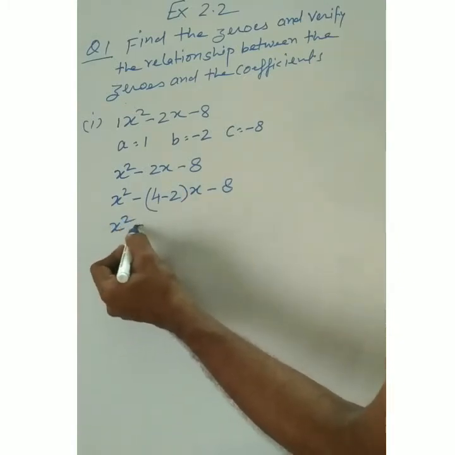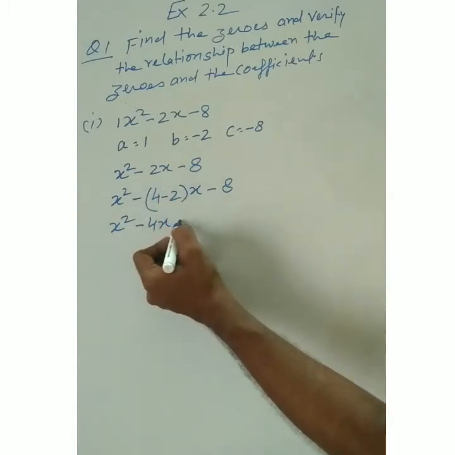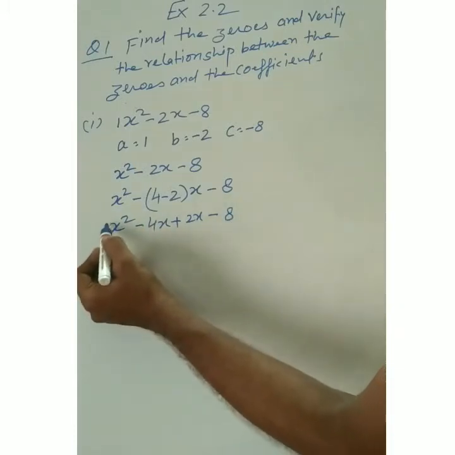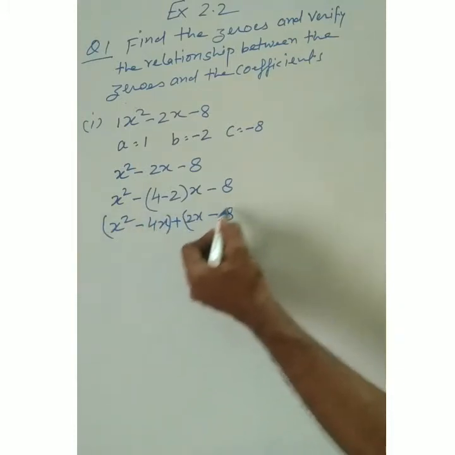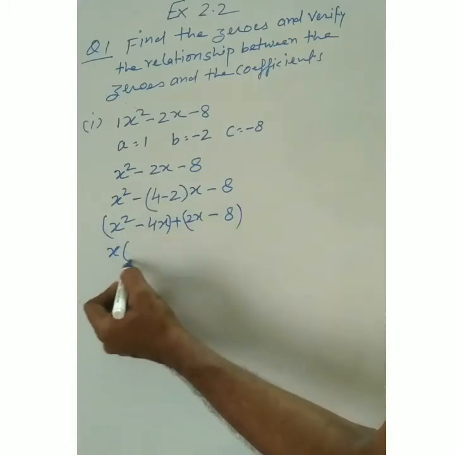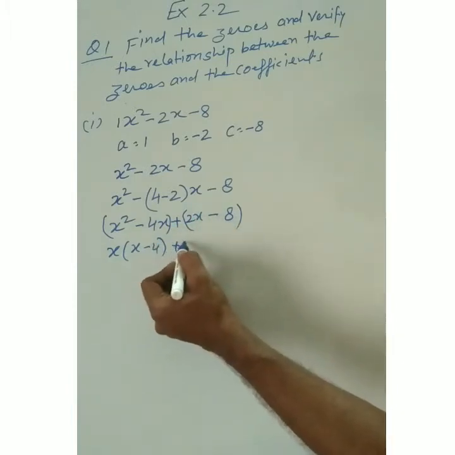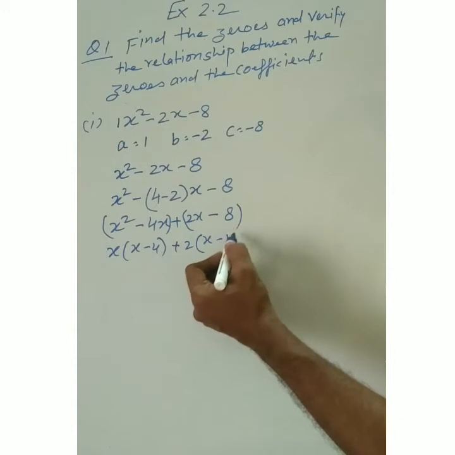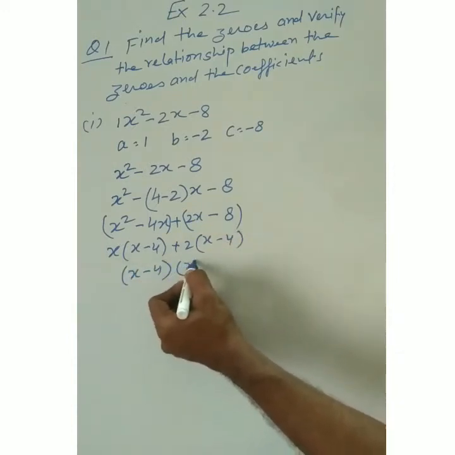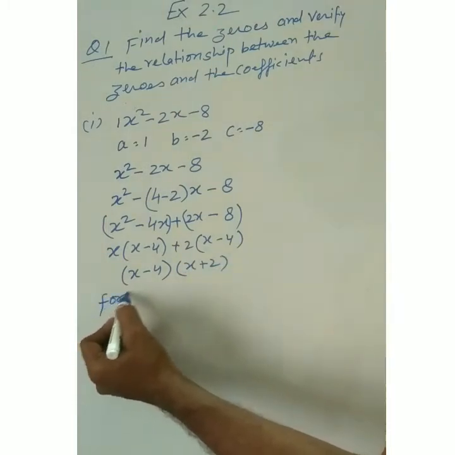x square minus 4x plus 2x minus 8. Now take common from these two and these two. From these two, x is common, x minus 4. Then from these two, 2 is common, x minus 4. One of the brackets is x minus 4, another is x plus 2. For zeros,